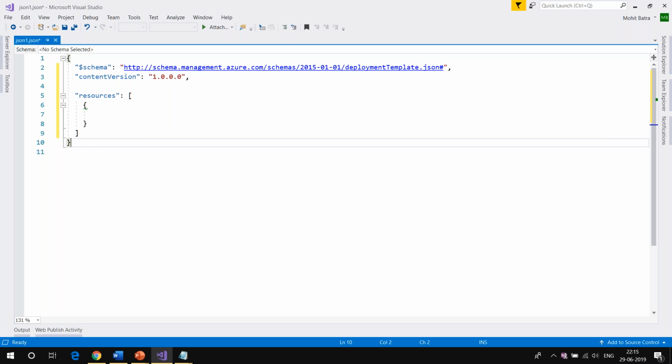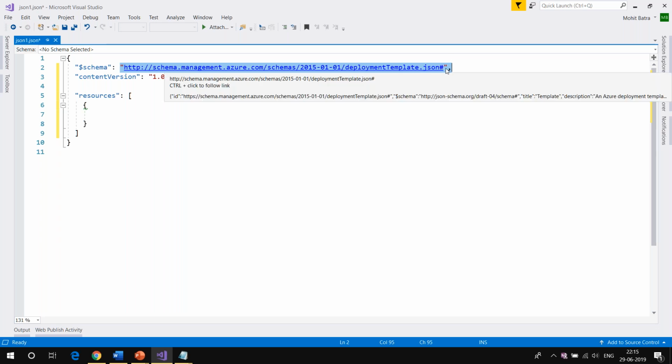Okay, and Dinesh is saying the schema will be the same for all storage accounts. Dinesh, not just for storage accounts. Whenever you want to create any type of application, or in fact, whenever you want to create any service in Azure, you have to put in this schema, because this schema is for Azure Resource Manager.